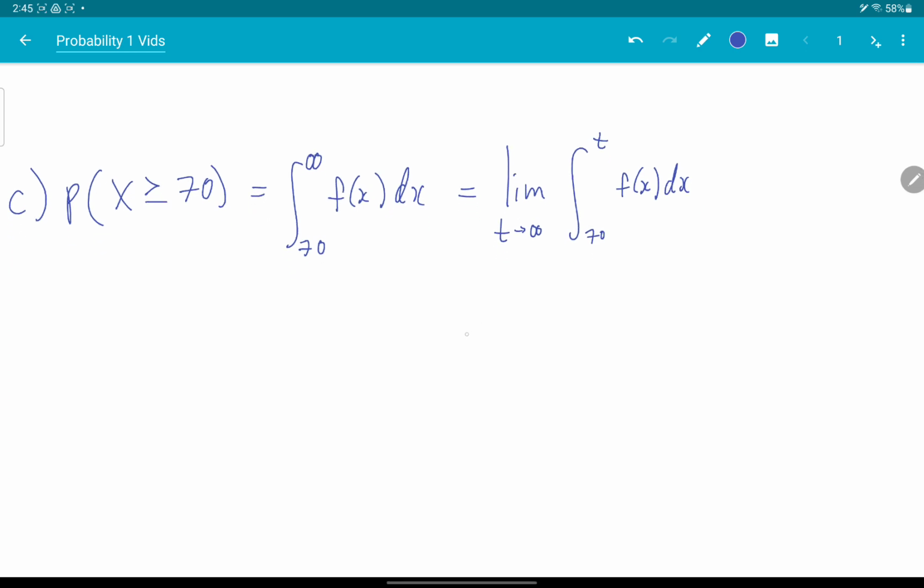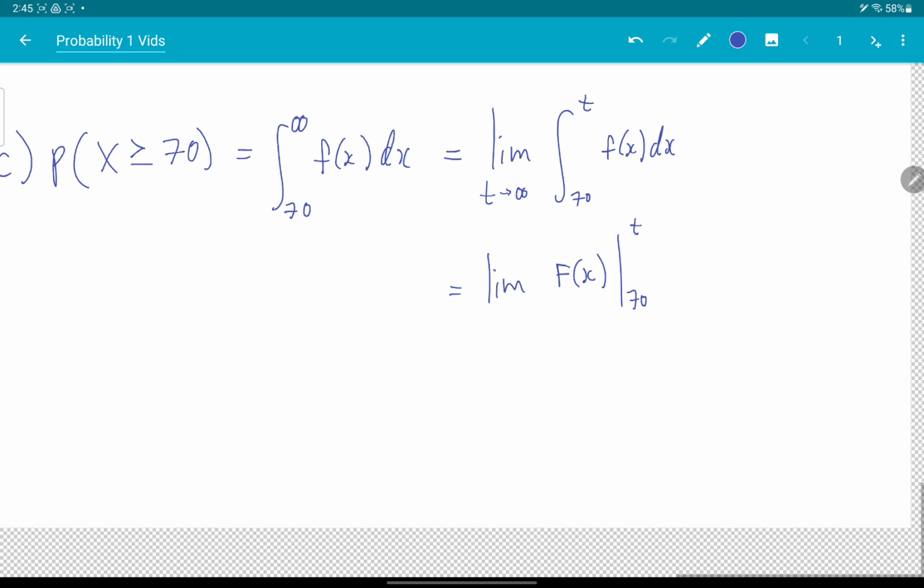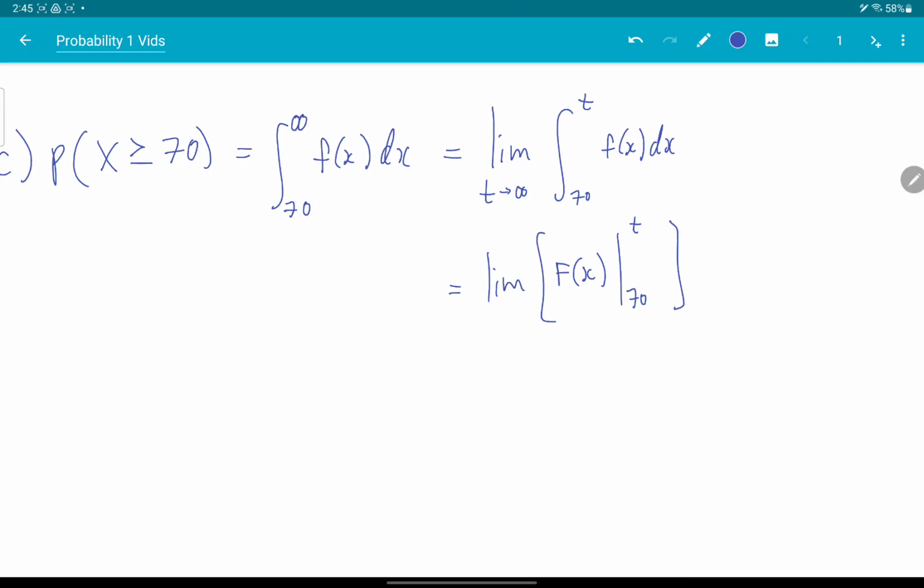Set up my improper integral as usual. So I got capital F of x from 70 to t. Limit of that,